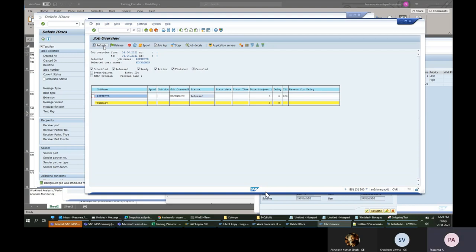So now if you see, the job is active, the job was started. Now it is active and it got completed.